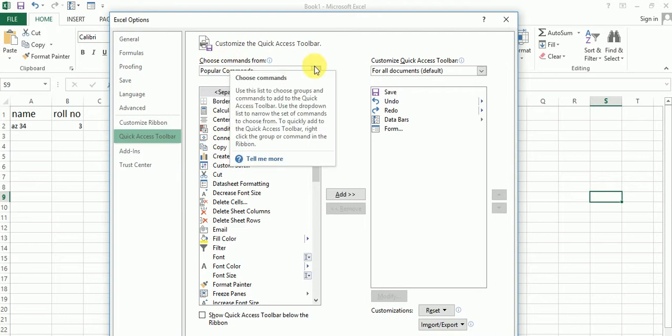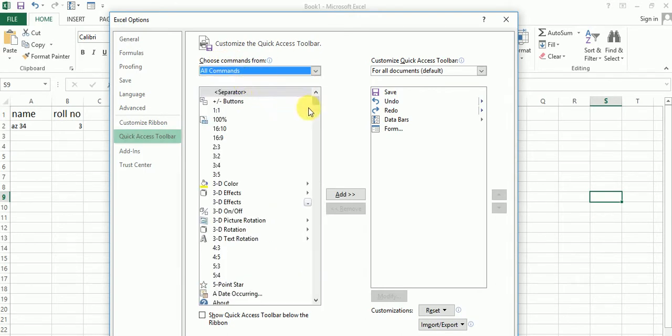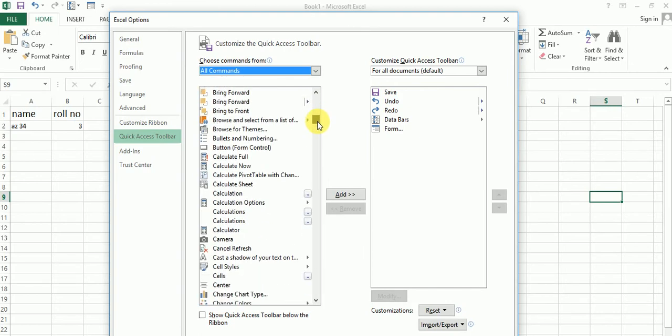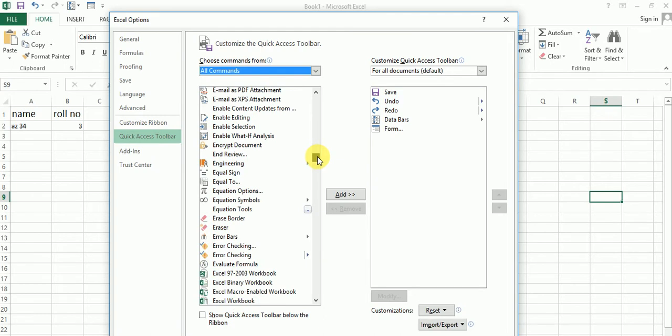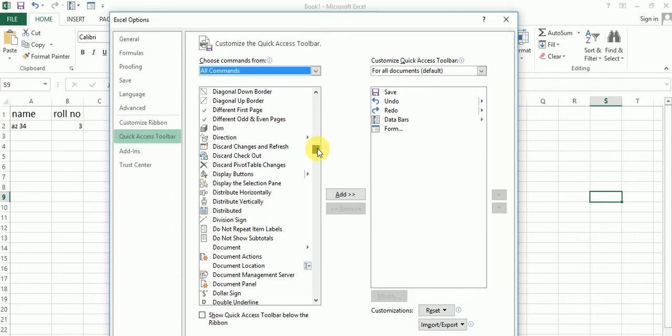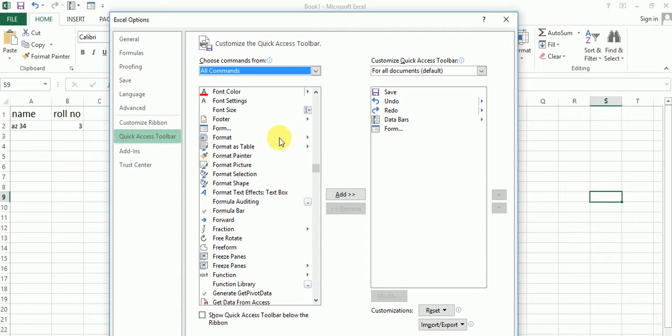Then in Choose commands from, suppose I want to use all commands, because I want to find the form, so select All Commands. After that you find the form. Okay, this one is form. Select the command and click on the Add button.